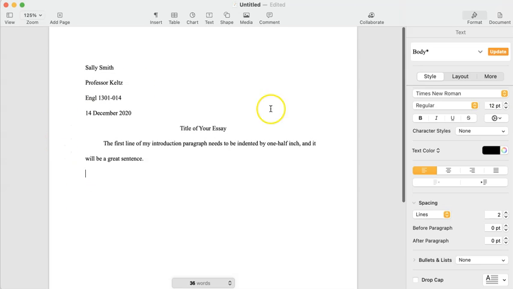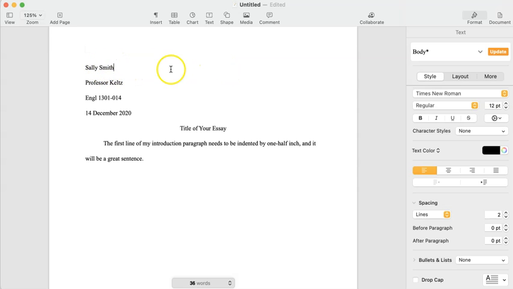Now for our basic essay, we have just about everything we need, except we're missing our last name and page number. Okay, and your last name and page number do not go on the first line. I see a handful of students trying to type in their last name and then hit tab until it goes all the way over there, or even worse, typing in their last name and then hitting space bar until it goes all the way to the right. That's not correct. Your last name and page number can't be on the same line as your heading. If you do that, your instructor will notice and you'll get points taken off. Okay,